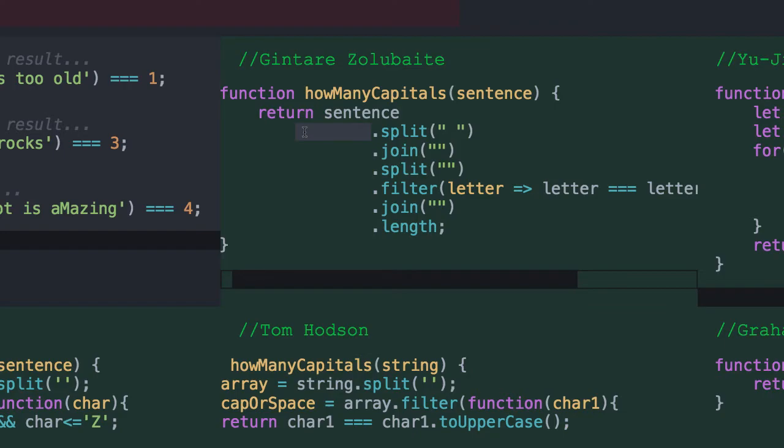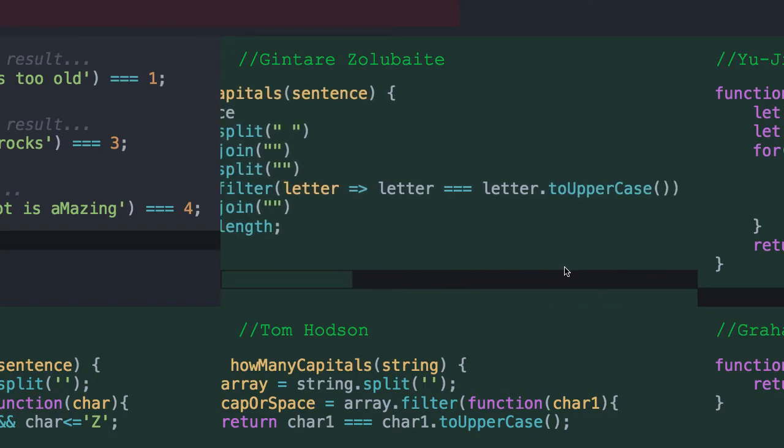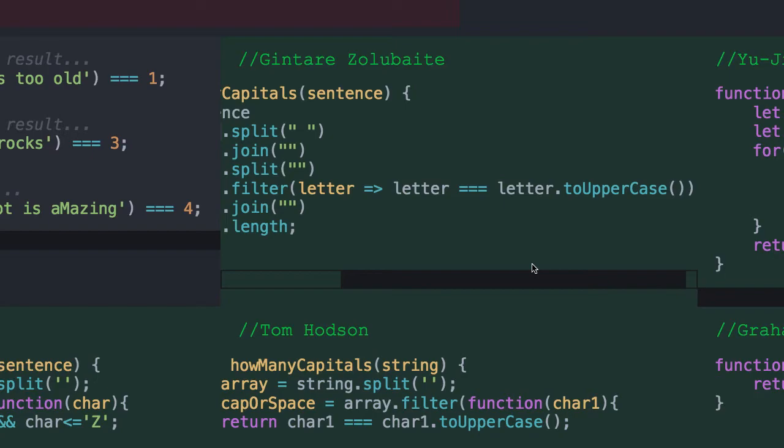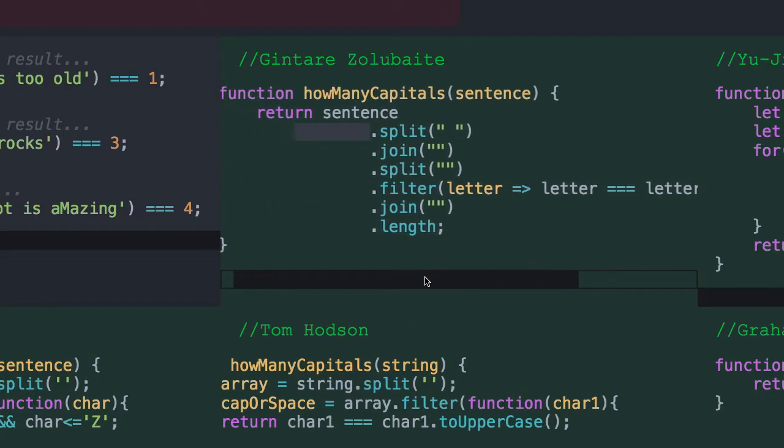Correct. So she has a string without the spaces, and then she's splitting again. So she has an array of characters, and then she's just getting the capital ones and getting a penalty because of the long line, and then she's joining, and then she's getting the length. That's fine. That's fine. However,